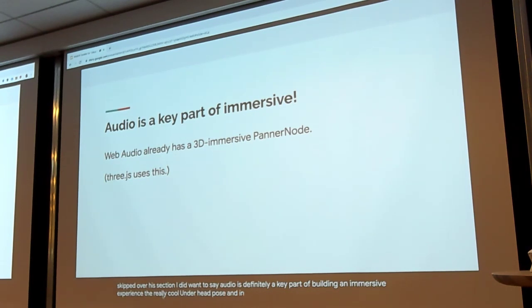And in fact, three.js, and I'm pretty sure A-Frame has this too, they actually build these objects in for you. So if you're using three.js to build a WebXR experience, you can actually create a sound-producing object in the world, just attach an audio stream, an audio node of some kind, directly to that source. And then it will just sound like it's in the right place to the user. You don't have to worry about it. You don't have to update anything at all.